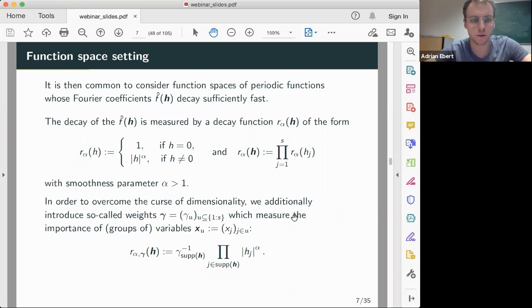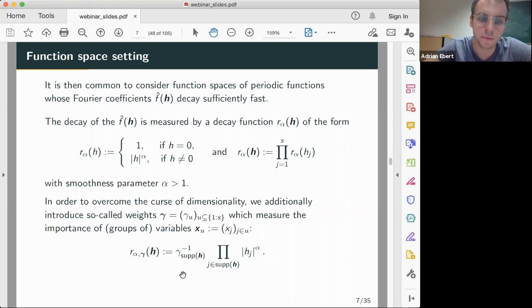And these weights, or these real numbers for each u, are supposed to measure the importance of certain groups of variables x_u, where x_u are all the x_j with j in u. Just roughly speaking, the idea is that for a particular function, certain variables are more important than others and have a different influence on the function value. By incorporating these weights in the definition of the function space, one tries to model this importance structure for certain classes of functions. And this is then incorporated in the definition of this weighted decay